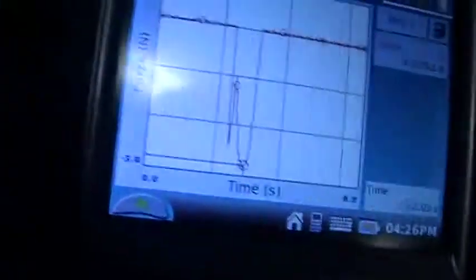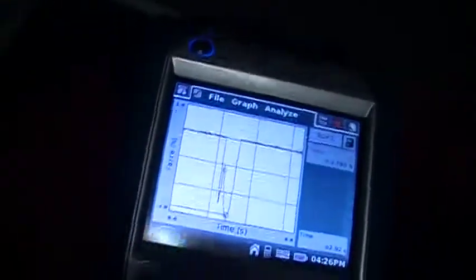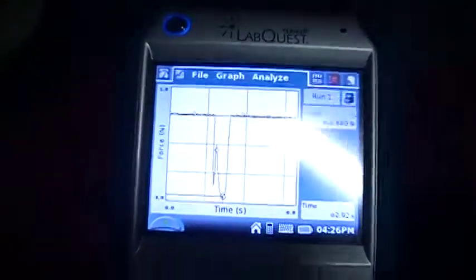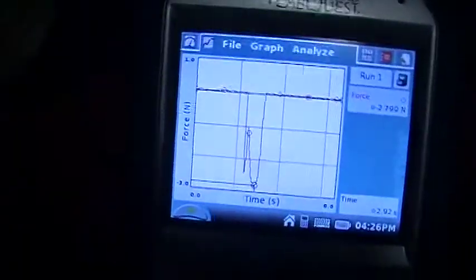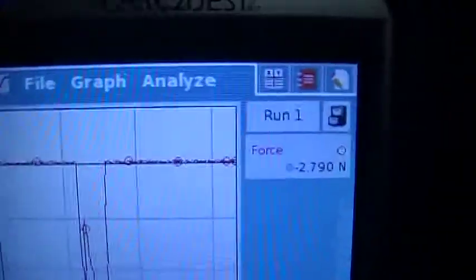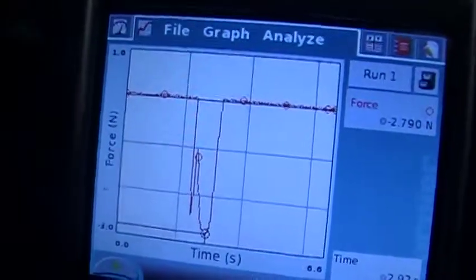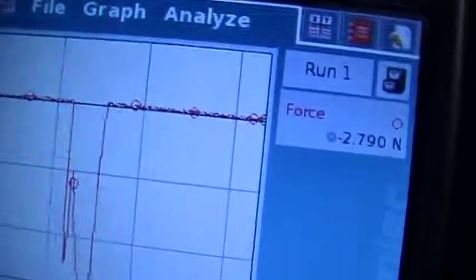As my partner does the crash, I'll be pointing the camera towards the calculator so that you can see how the graph interprets the data. Ready? 1, 2, 3. So as you can see, this is how the graph interpreted the data, and we found that